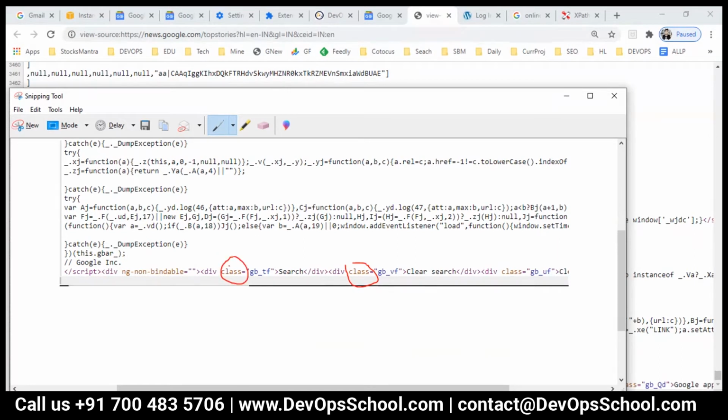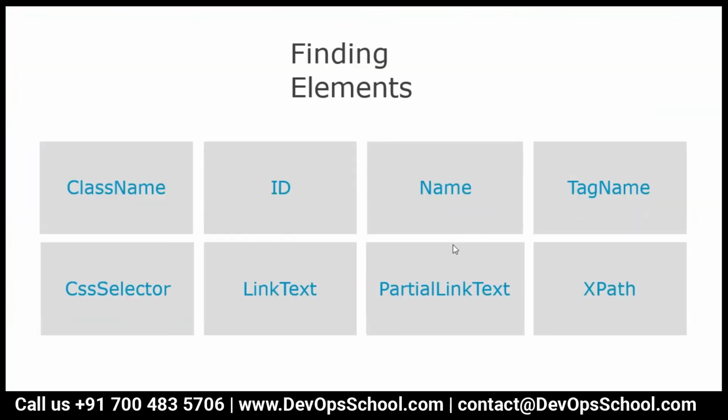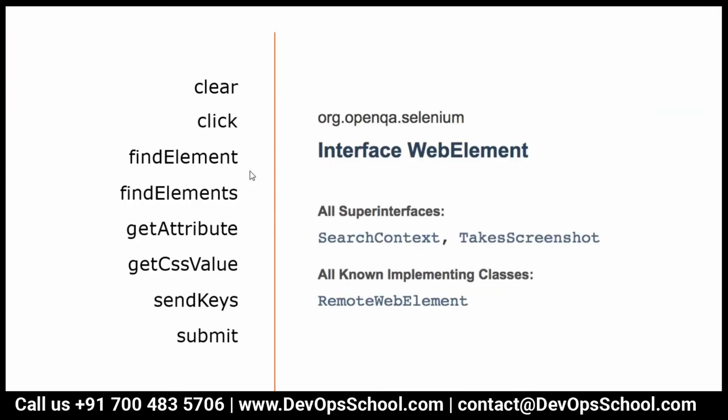So these are the element class, element ID, and like that you can locate them. You can locate that using the code. You can find the element like this.